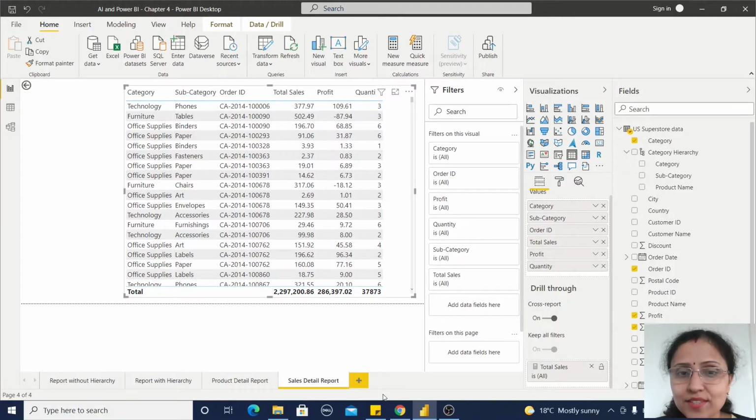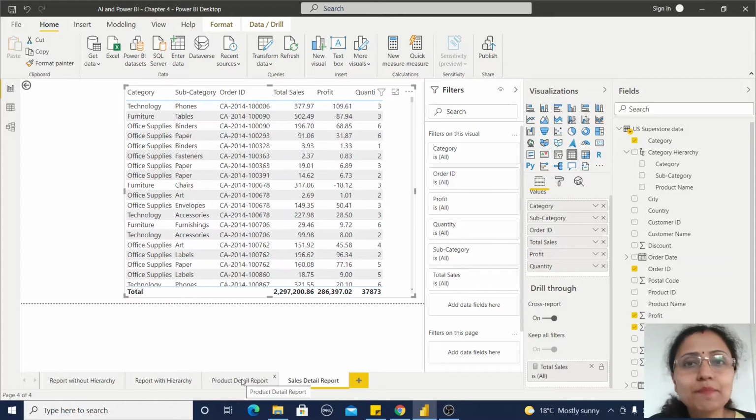Now, when I created this sales detail report, in the visualization section under the drill through section, I have given this total sales, because if I have any total sales measure in the summary report and go through from there to this detailed report, I'll show you in the next steps. In this way you need to configure one detailed report which will be considered as a drill through report, or a drill through detailed report. And I mentioned it there.